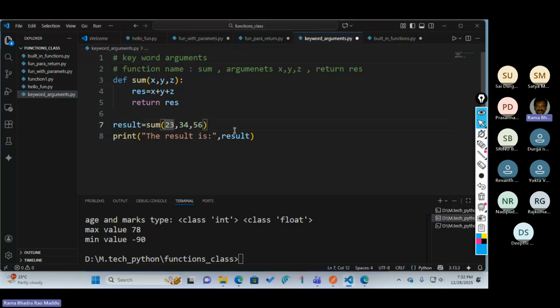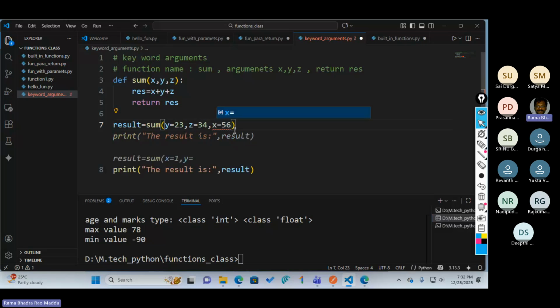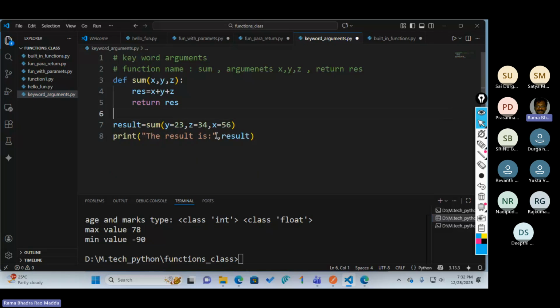You can pass y equal to, z equal to, and x equal to. Here we are not passing in order. First I am providing the y value, second the z value, third the x value, but I am providing the values with argument names. It is nothing but keyword arguments.